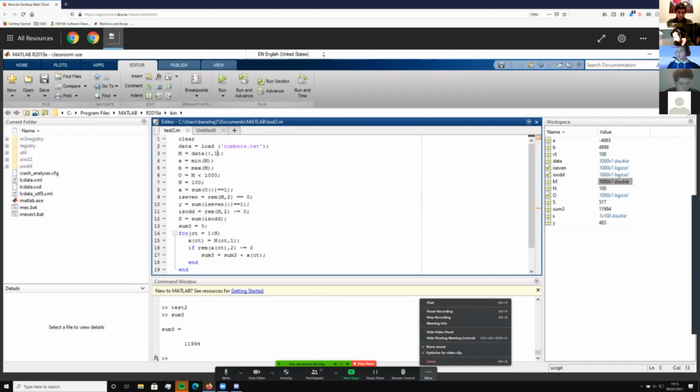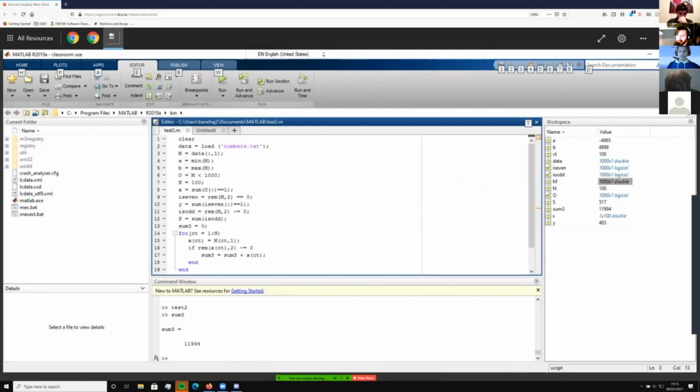I think there was a question in the chat there. Yeah. My chat never wants to cooperate on Zoom; it just disappears. I'll read it out. Why does sum 3 give odd numbers?